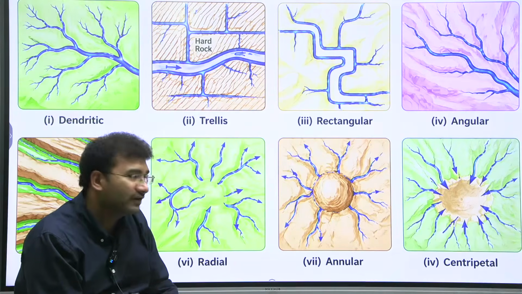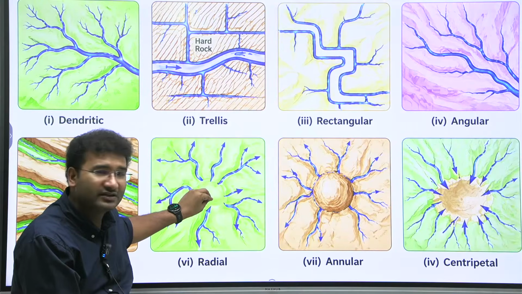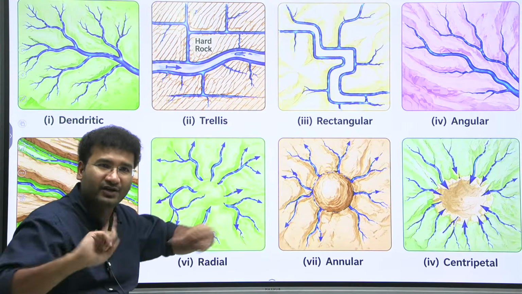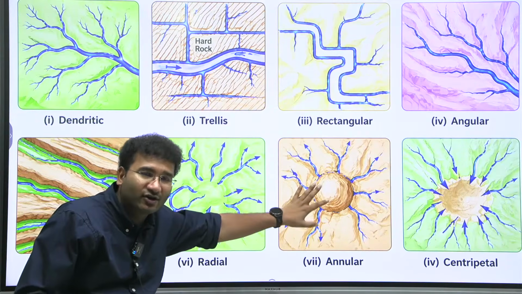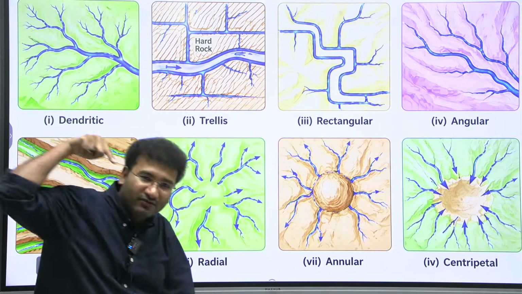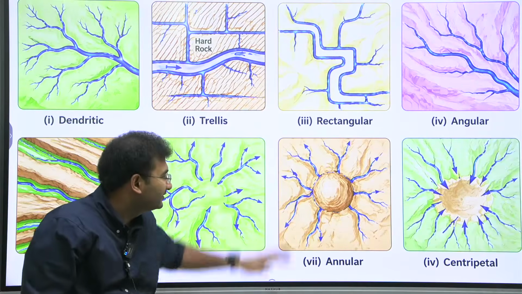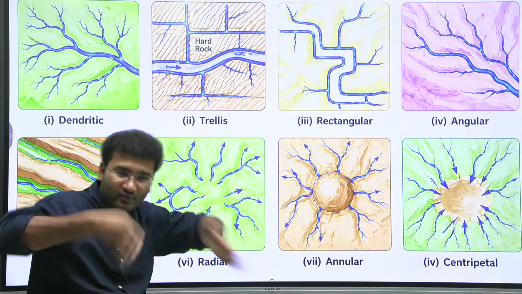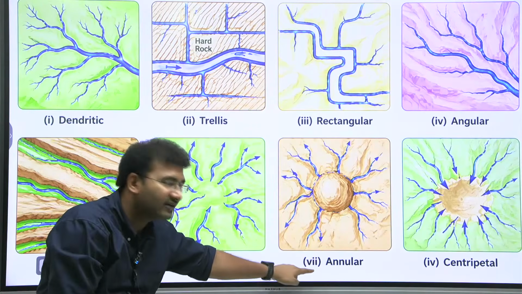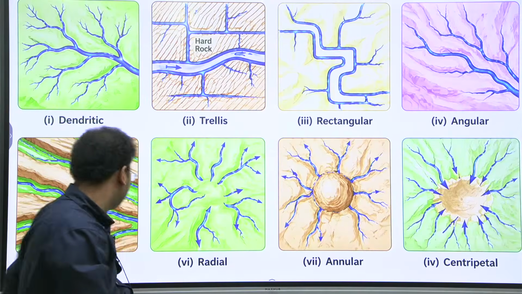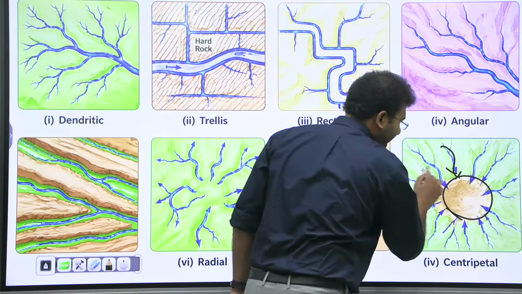I'll tell you where to focus and where not to focus. Next is radial. Radial is when majority of the rivers are originating at one place and they are moving away from that. Right? Annular is when the mountain is soft or the top area is soft. Instead of going in a straight line, they make an angular cut. See, instead of going in a straight line downward, they're turning right, they're turning left and then sinking in. That is called as annular. Centripetal means if you have a lake in the center, and the rivers come and join.